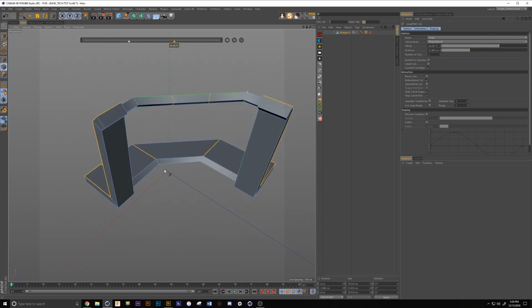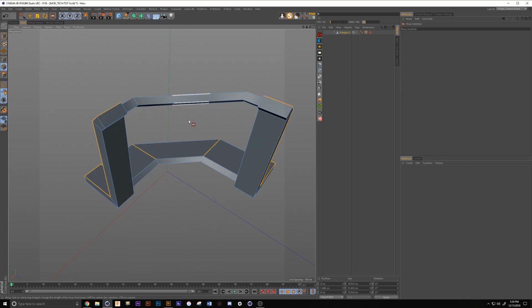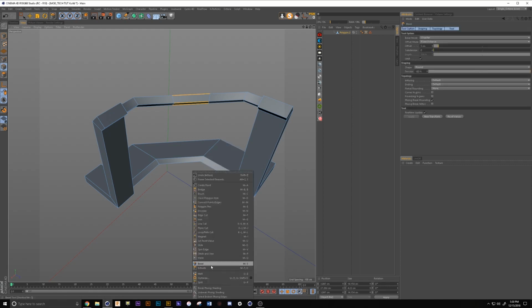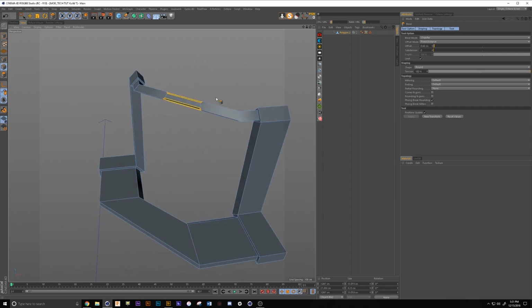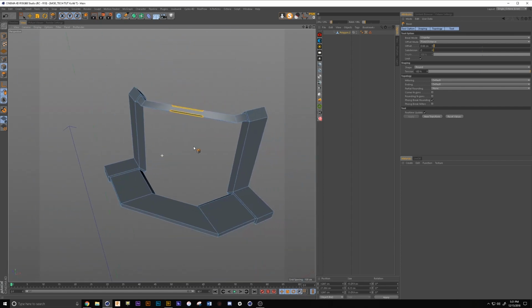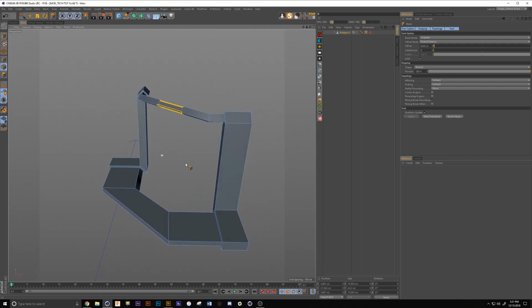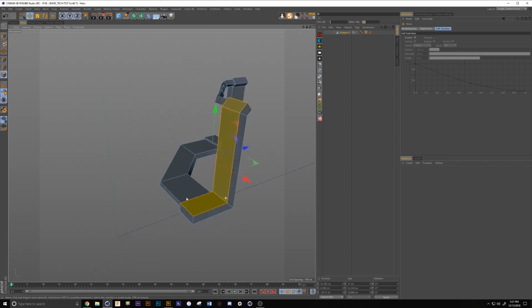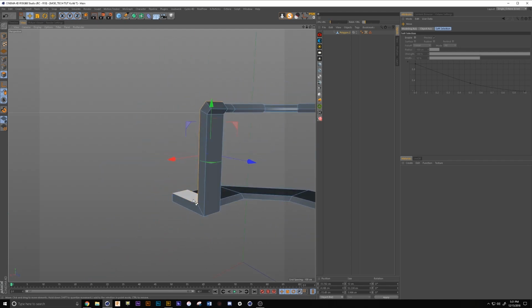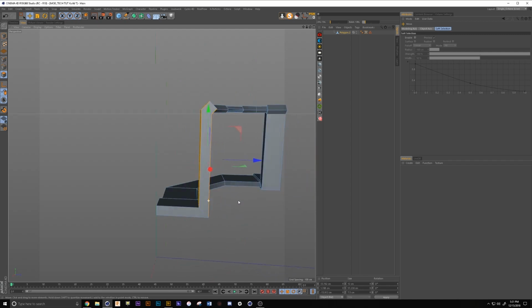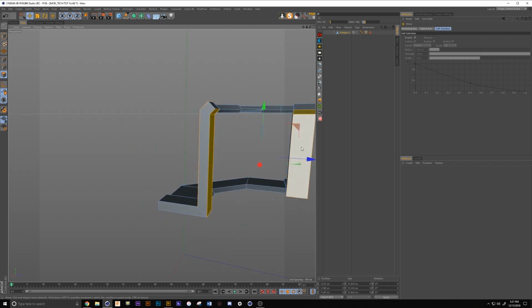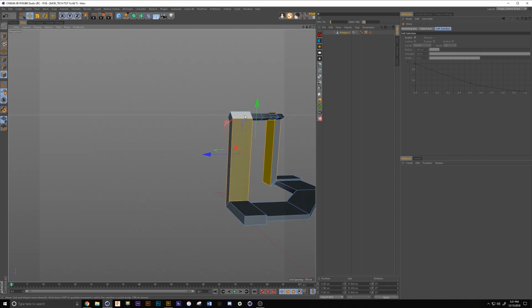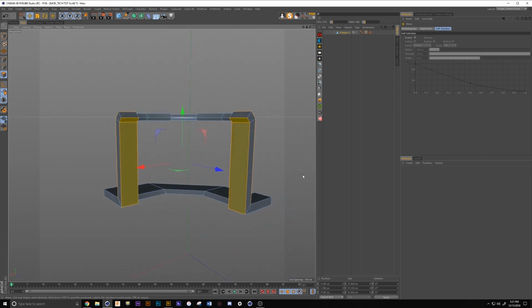So we're going to go to the line mode, and I'm going to hit UB for loop selection, grab these guys, hit MS for bevel, and we're just going to bevel them a little bit, just to get a neat little cut in our shape, like I showed you before. All right, and then something else we can do to add a little more detail to this is we're going to go to our polygon selection, grab these polygons, deselect that polygon, grab that one, and that one, and that one, and that one, and we're going to hit extrude inner,